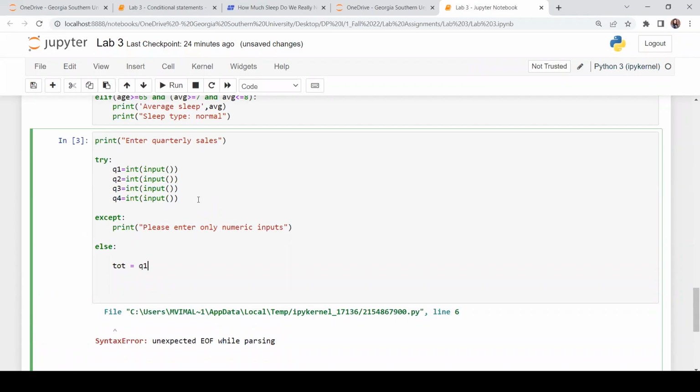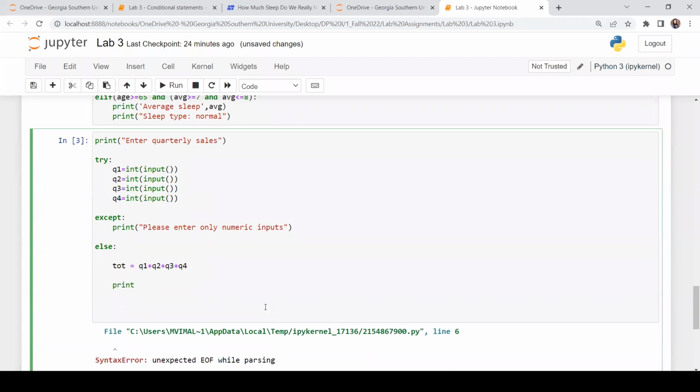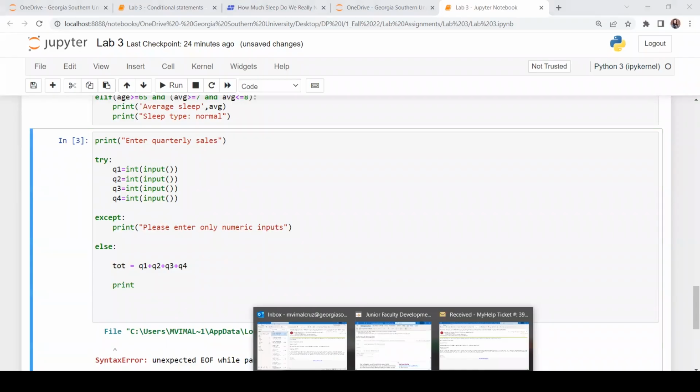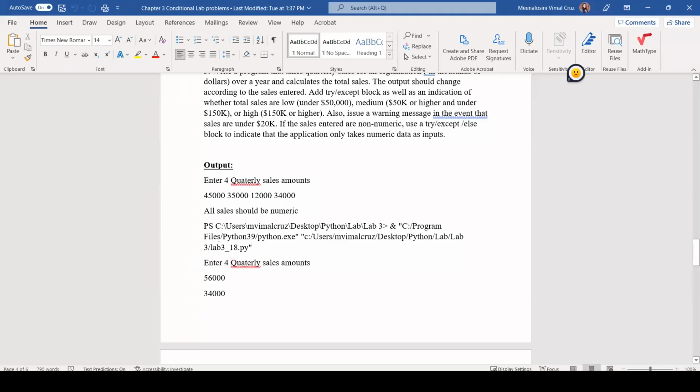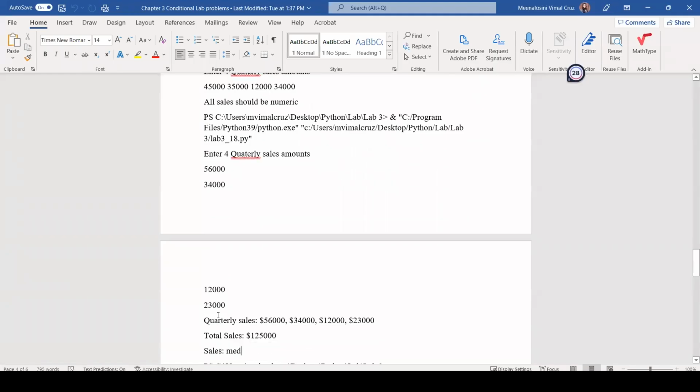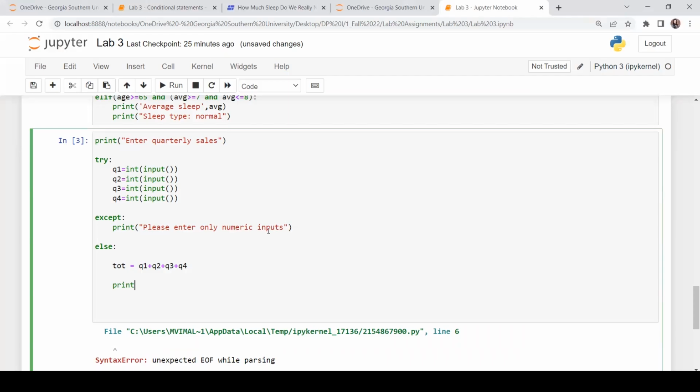The total is Q1, Q2, Q3, and Q4. That is the total amount. And then as per the output, if you look at the output, verify the output, it should say like this, quarterly sales. So that should be an output message with string concatenation, right? So I asked you to fill it yourself. By this time, you should be familiar with string concatenation. So you have to do the output like quarterly sales, dollar value,